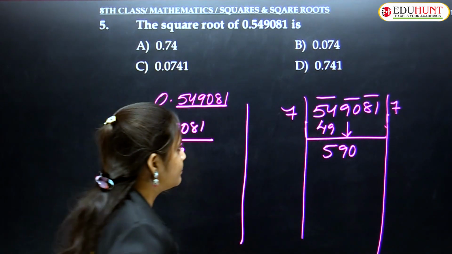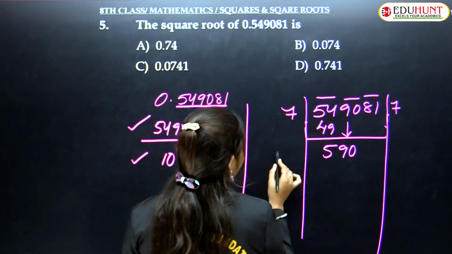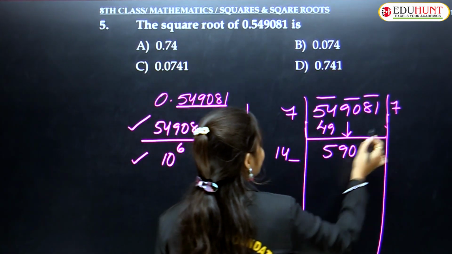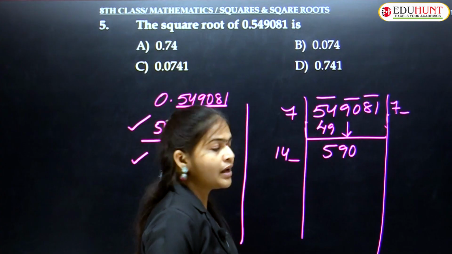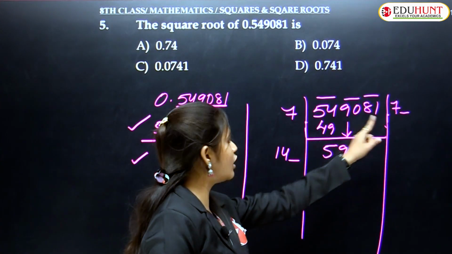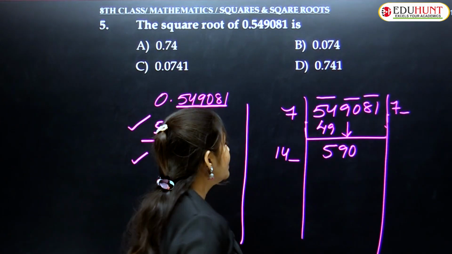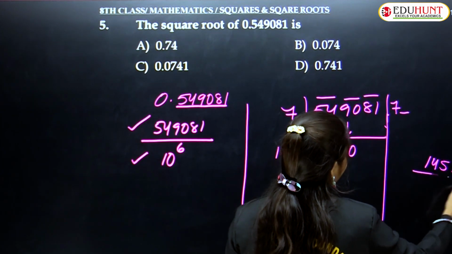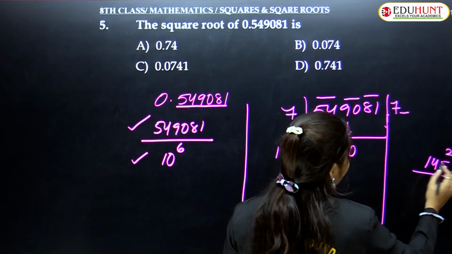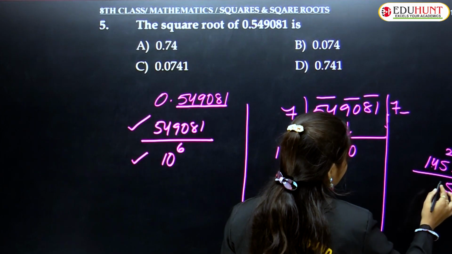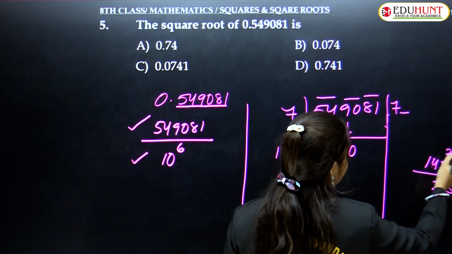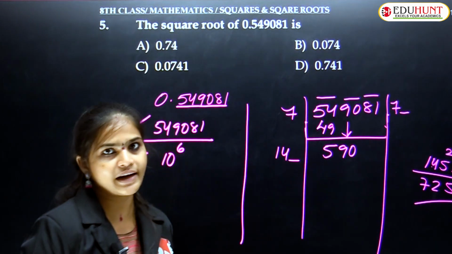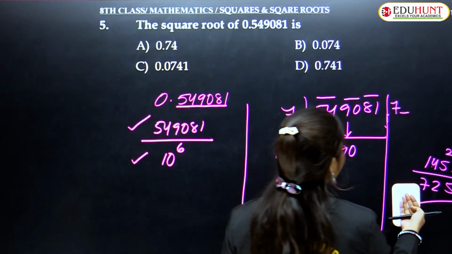So 590. So here, what is the double of 7? That is 14. Okay, and here which number are we writing? The same number should be right here, no? And here 0 is there, that's why we should not keep that 0 here. Okay, so that's why if you take here 145 into 5, then 5 5 is 25, 5 4 is 20 plus 2, that is 22, and 5 1s 5 plus 2, 7. So you will get more than that 590. So that's why here